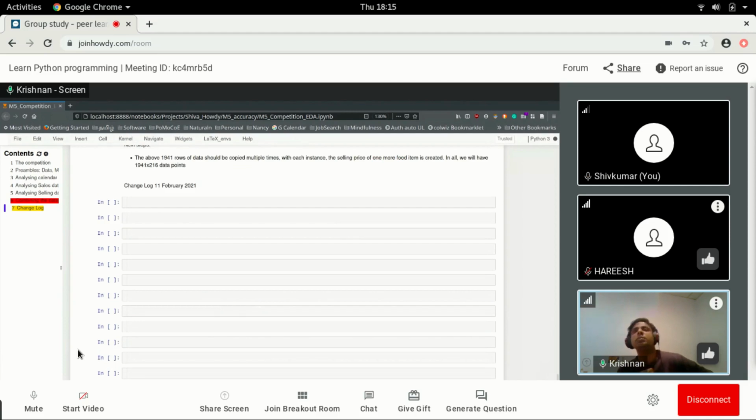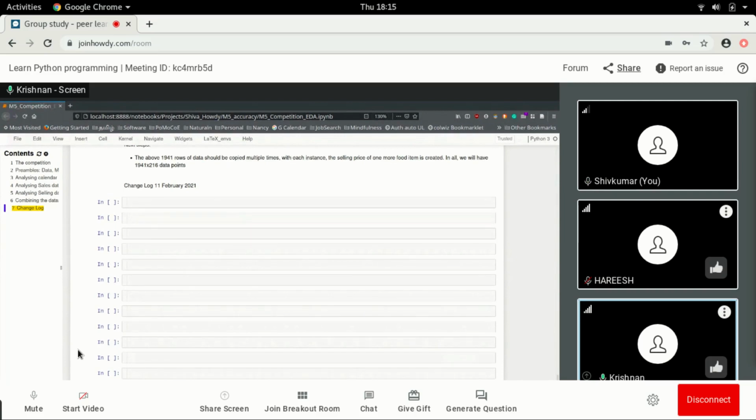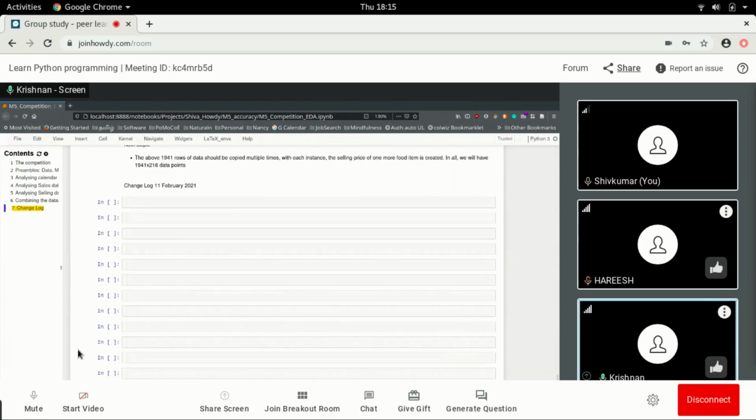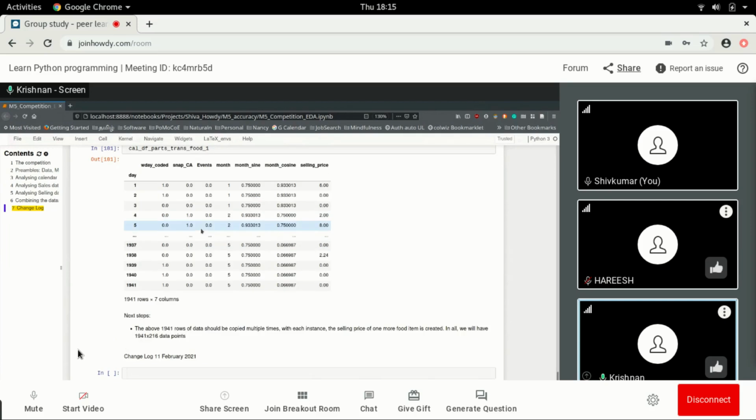Those 200 different products we want to put together, one below the other, so that we get a fairly good number of training data, because right now we have about 1941 days for each item. Instead of summing them up and putting them together, we can create the same with a sort of increasing number of